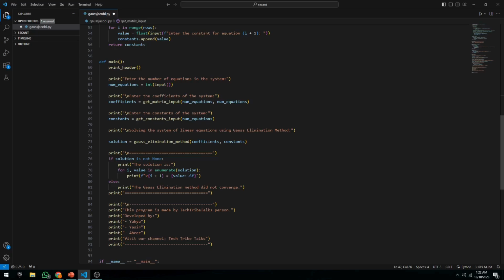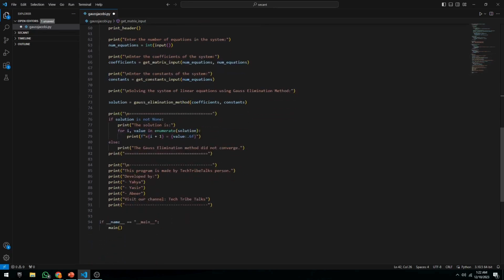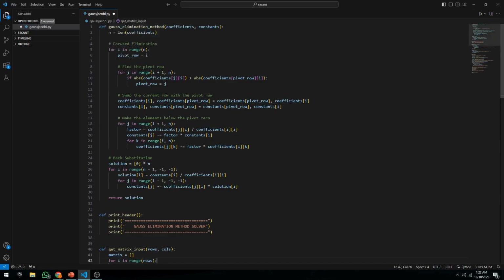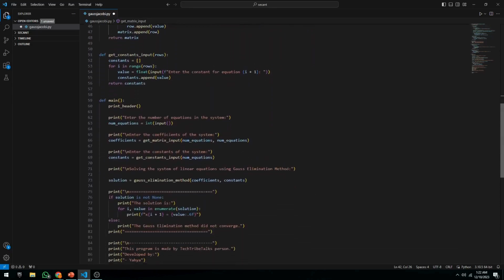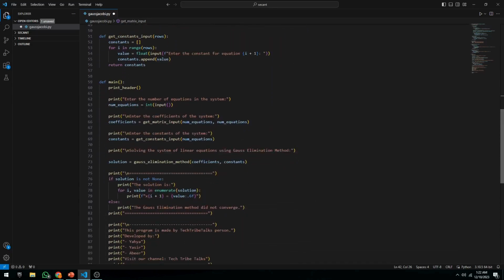So we have the variable coefficients that we wrote earlier, and then we use the method matrix input, and we include the parameters that we had for matrix input, and then the same thing for the constants. And then we will write the variable solution, and then the solution will be equal to the method that we first declared at the start, Gauss elimination method. And then inside that we will write